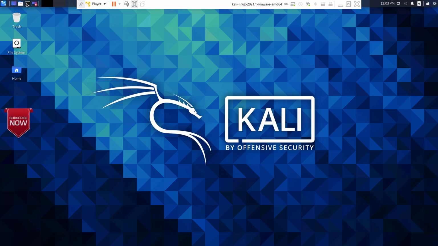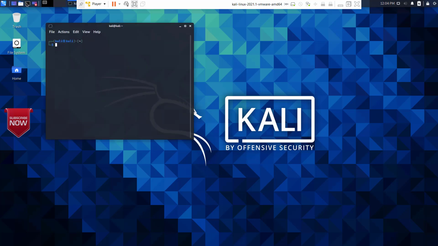So let's open up the terminal and type sudo su. Now enter the password for Kali, which again is Kali. Now type passwd root. This will allow us to reset the password for the root user.